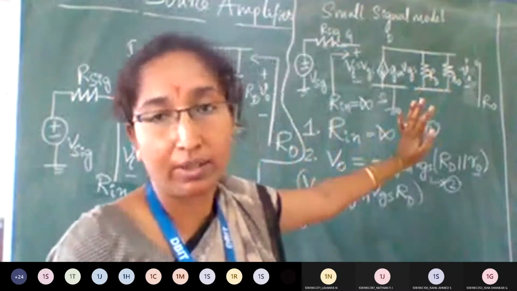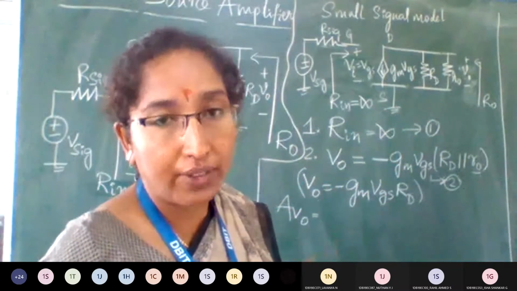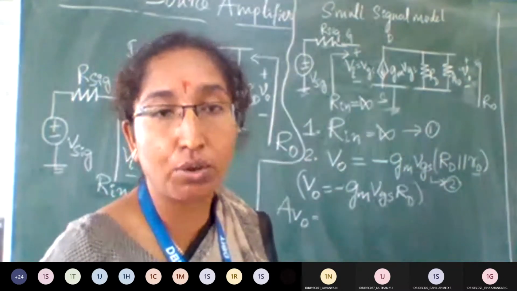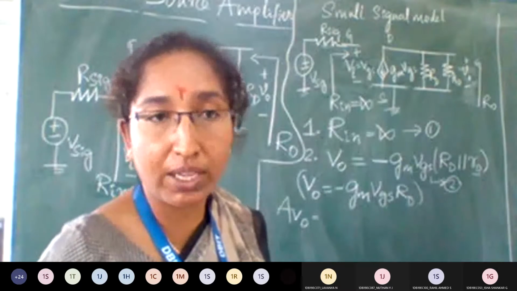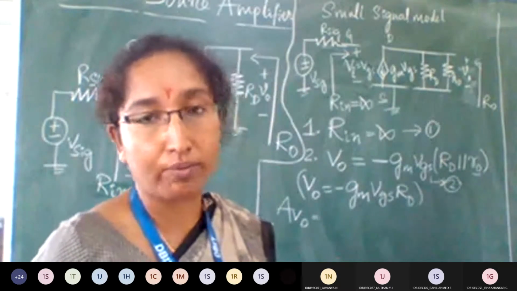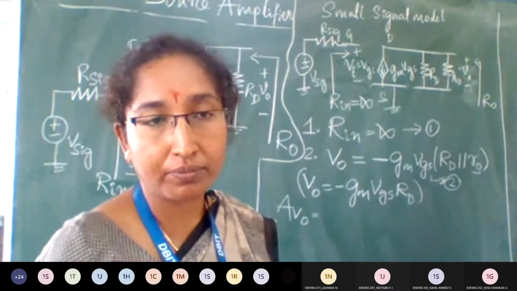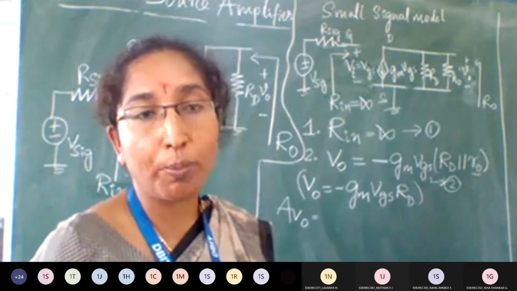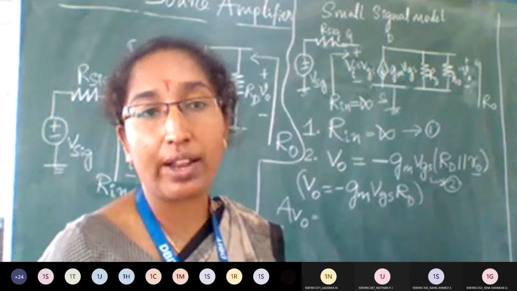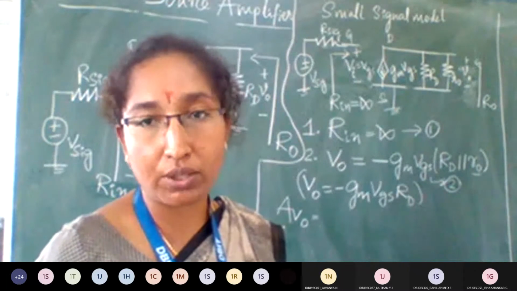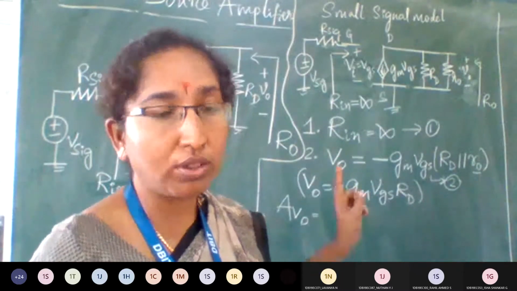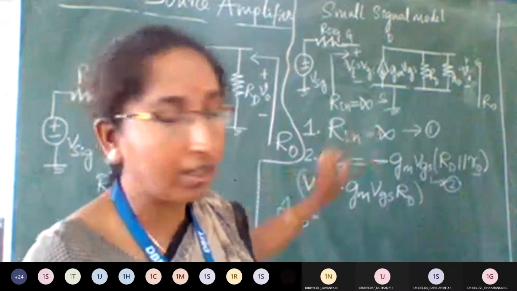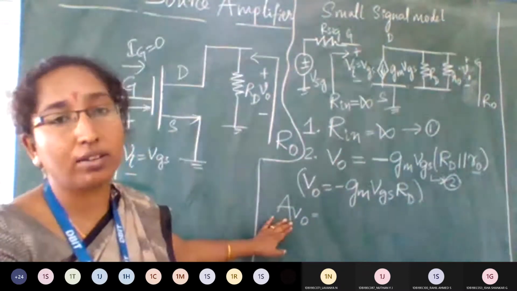The output terminal is the drain. So now Av0 means it is an open circuit voltage gain. Open circuit means we are not connecting any load. Are you getting it? Av is with RL. Av0 is the open circuit voltage gain without RL; RL will be open circuit. To show the difference, I have not included RL. Now, tell me what will be the Av0?